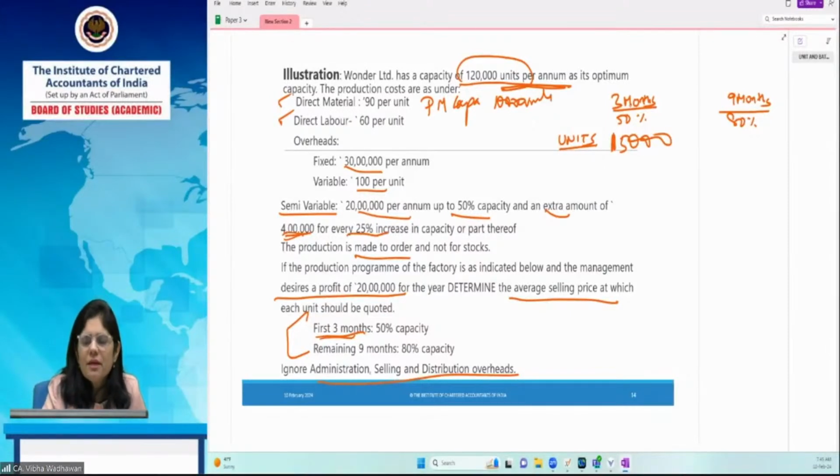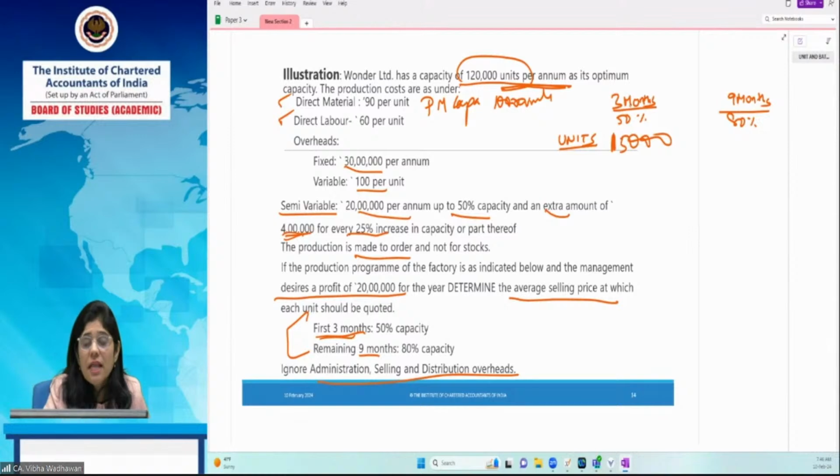So 1 month capacity is 10,000. So first 3 months capacity is 30,000. But for the first 3 months, the capacity of 30,000 is 100%, you just do it at 50%. So it's 15,000. Similarly, for 9 months, the entire capacity will be